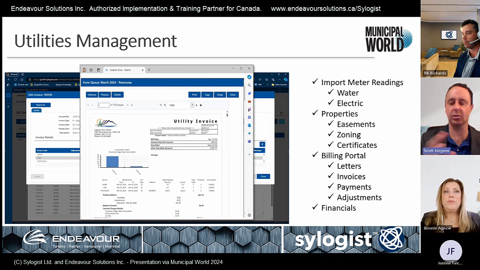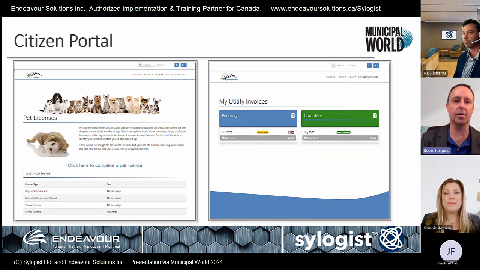All those get magically calculated together in those utilities and property tax modules. Same with business portal. This is the citizen portal, so it connects into that. The one on the left is the pet licenses, business licenses. There's a lot of licensing within the Sylogist licensing module, and then that can be pushed out to that self-serve